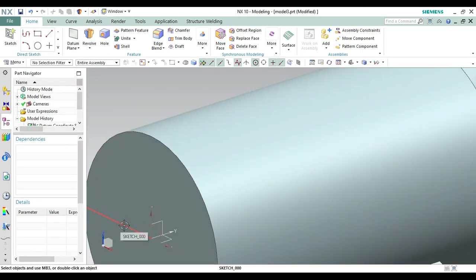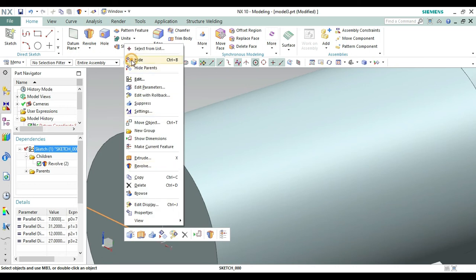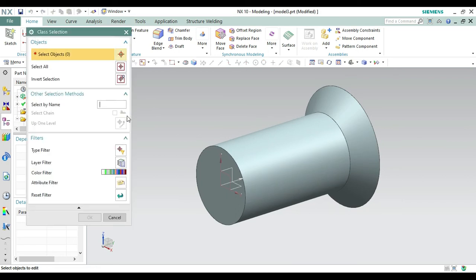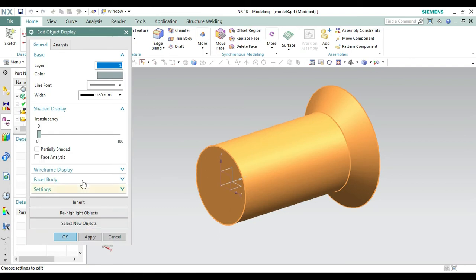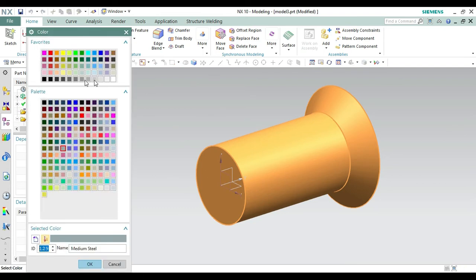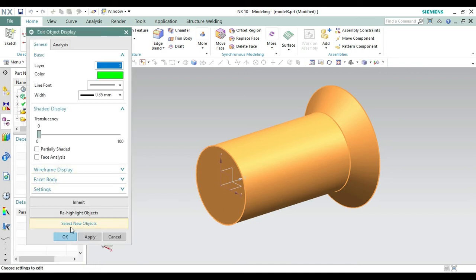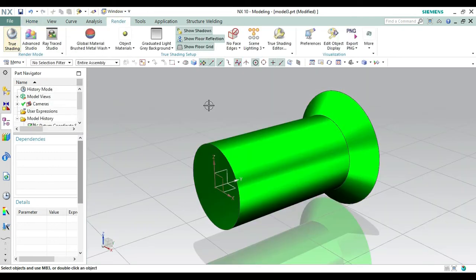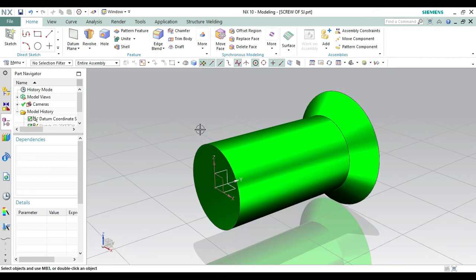Okay, now let's hide this sketch again, right click on this and make it hide from here like this one. Okay, now let's color it fast also. Control J, select the object, select this object and make it okay from here. Now what we have to do is to make the color. Let's make it something green, make it green, no problem, make it green and make it okay from here, and then make it okay from here. Let's make the extrude setting fast like this one, and again save this file where you saved the previous four assembly parts. Okay, screw of the spindles.